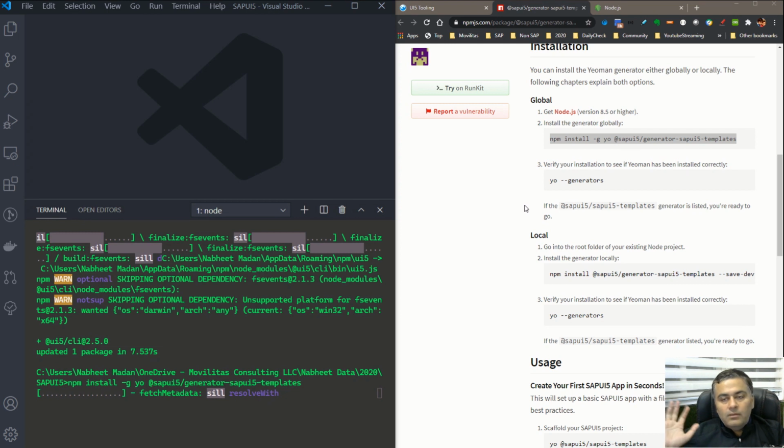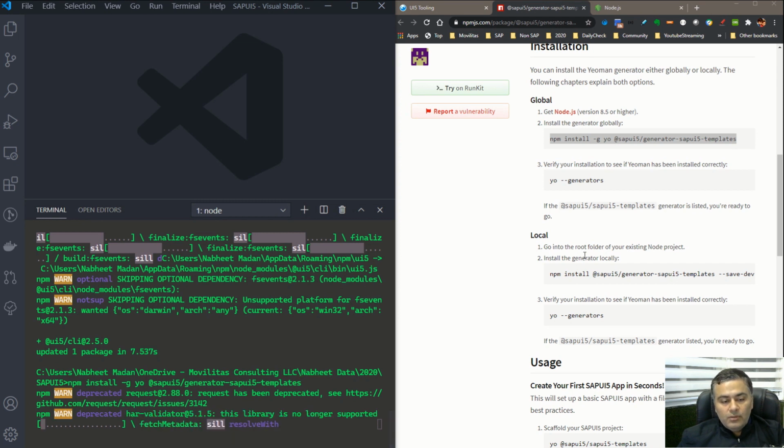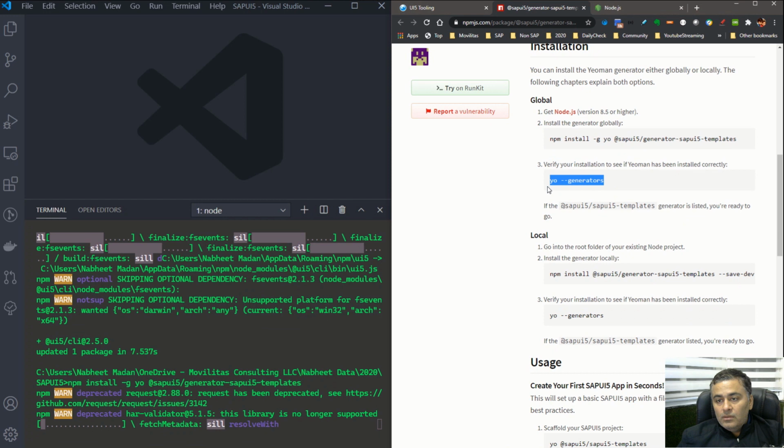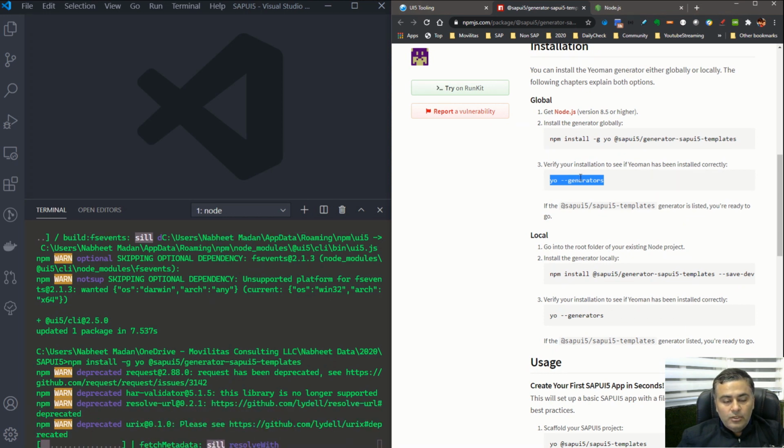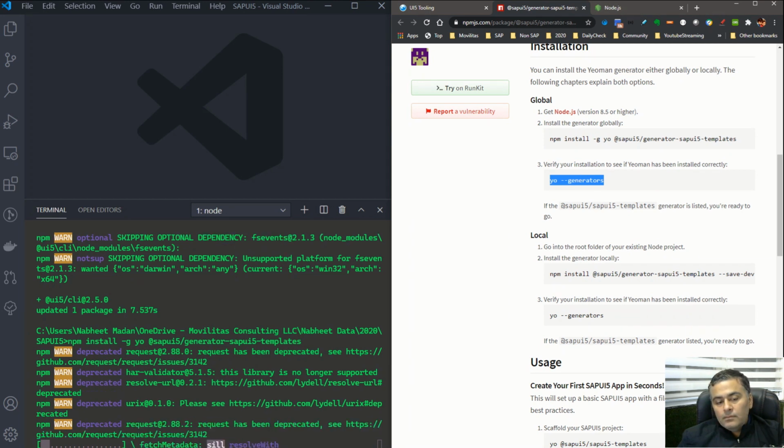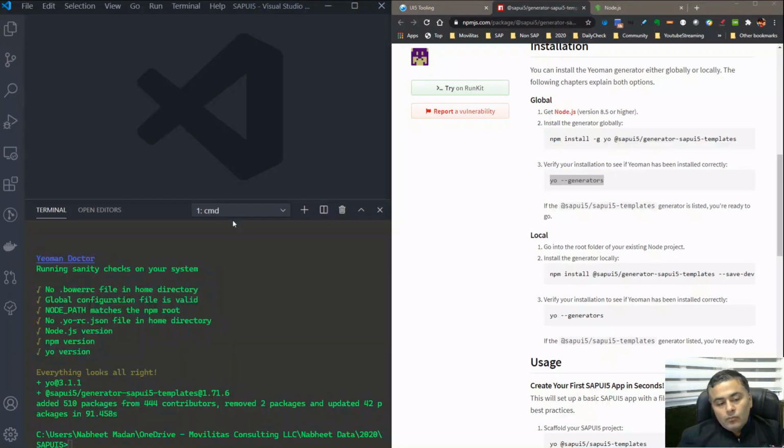So the intent is that we'll have everything done locally, and then we will use it, right? So in case it is installed, okay, so it is installed,